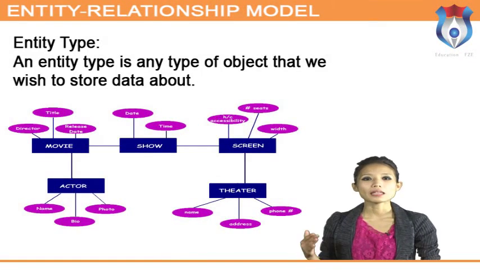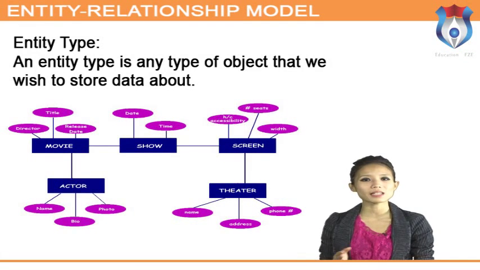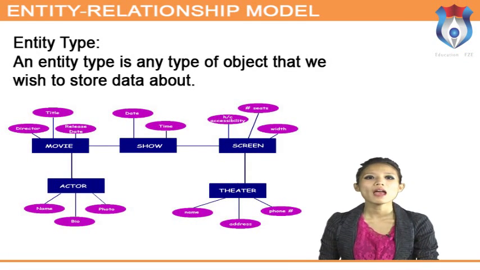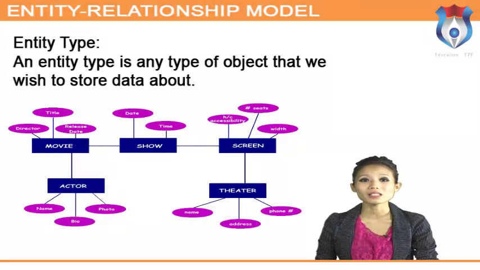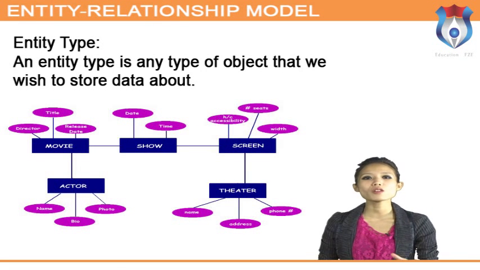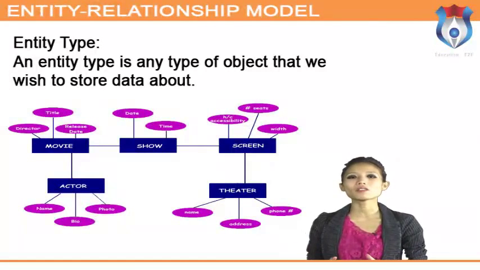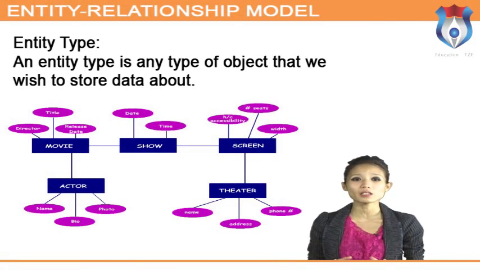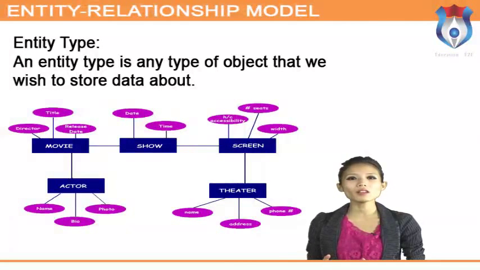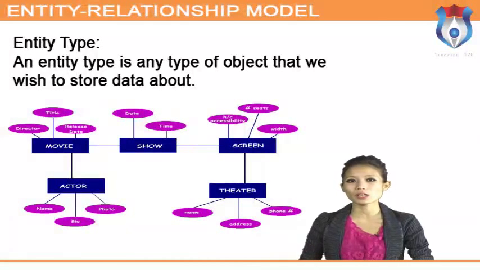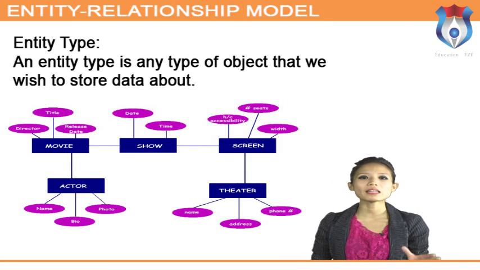Example: an entity type named invoice defines a collection of invoice entities. An entity type named invoice line defines a collection of invoice line entities. An entity type named product defines a collection of product entities. When we want to include a certain set of entities in our entity relationship model, we define an entity type